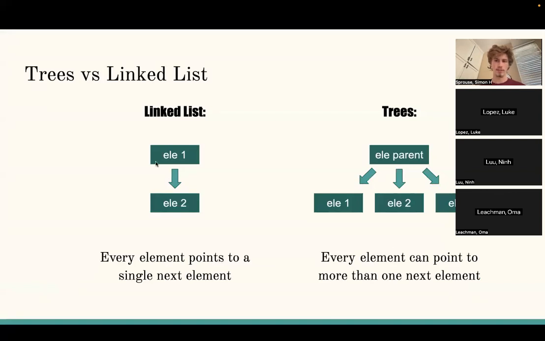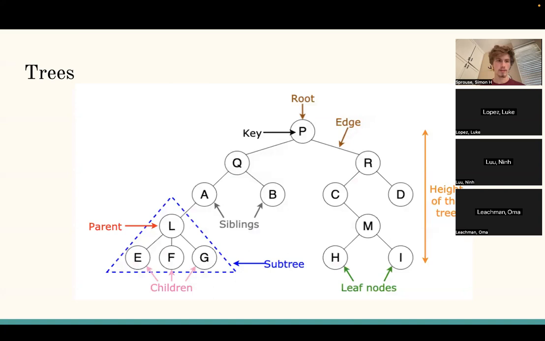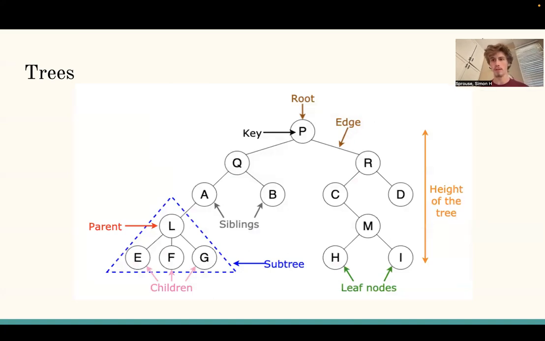So as you can see in this little diagram right here, we've got a linked list, element 1 pointing to element 2. Whereas with trees, we can think of a parent-child structure as the paradigm. So think parent node points to children nodes, and then these children in turn have the opportunity to have their own children. So some terminology that y'all are going to need to know